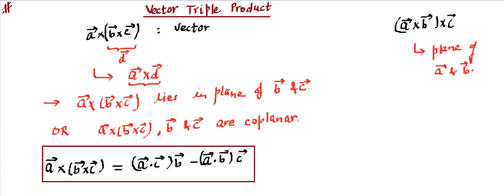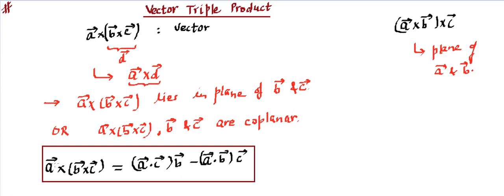How our calculations will become easier, let me explain. Whenever A, B, C are given to us, instead of doing the left hand side, we can perform the right hand side. Performing the right hand side is quite easy, because the dot product is going to be a number, and it's going to be easier. So we can do the dot of A and C, then the dot of A and B, and then multiply these numbers with B and C and put a minus in between. So this calculation is going to be relatively easier.